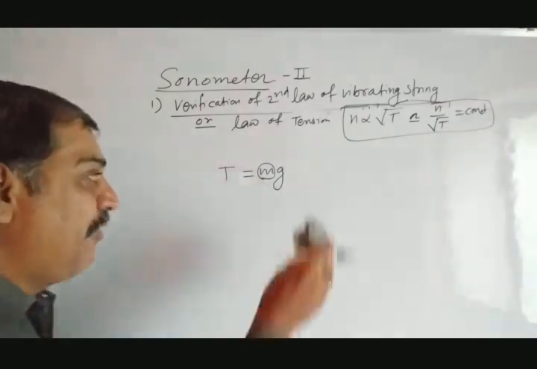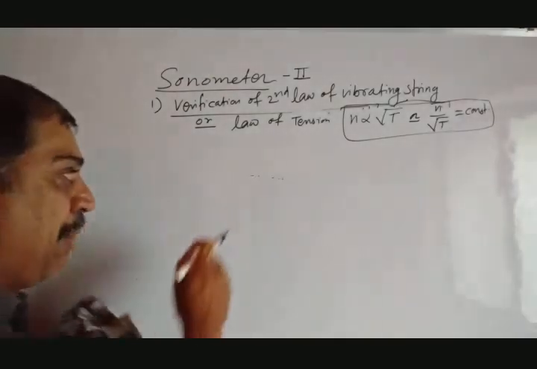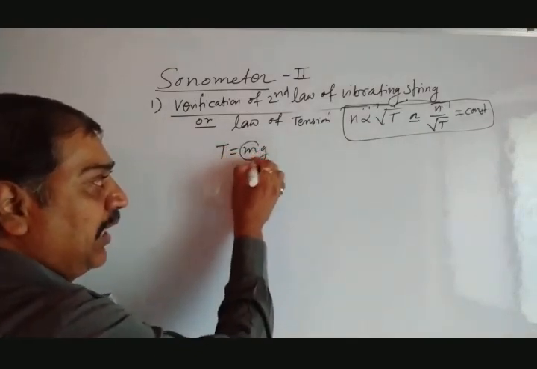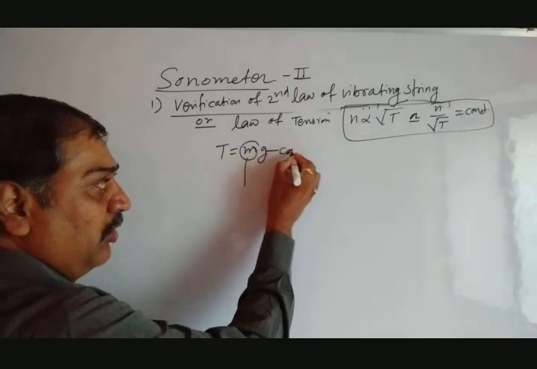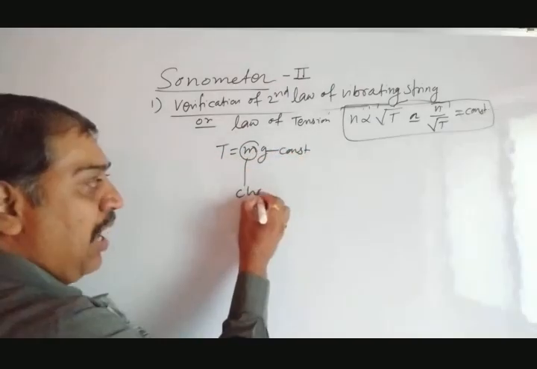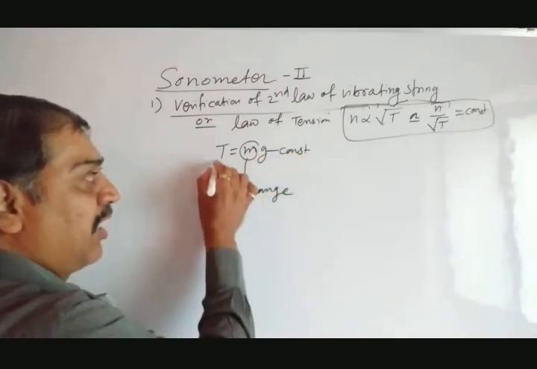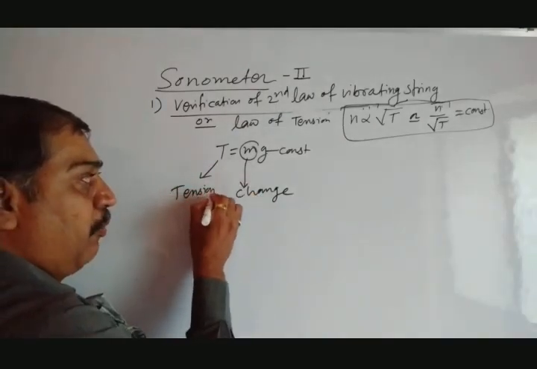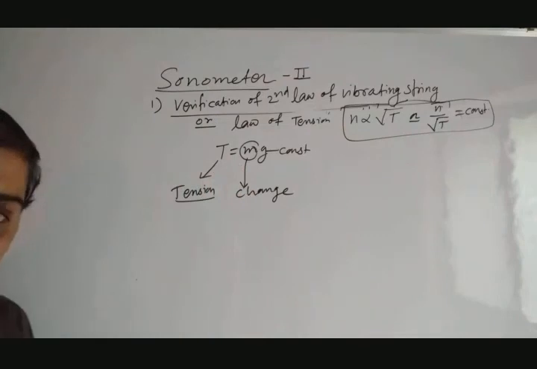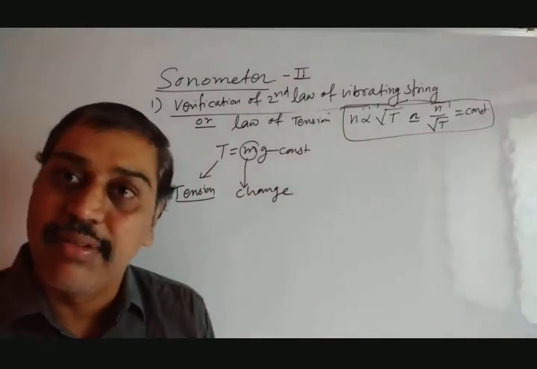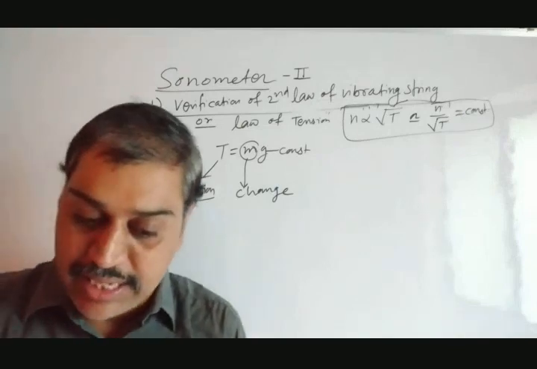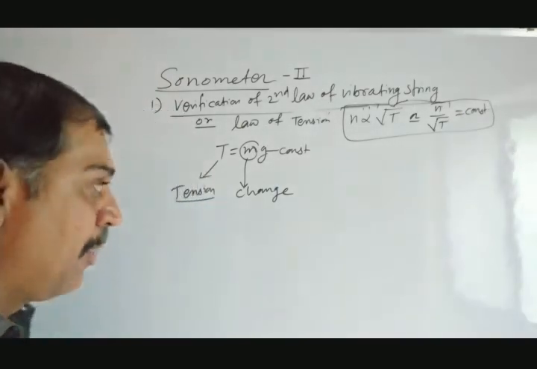So in this case, what do we have to do? Just change the mass. T equals mg, we know. Just change this mass because g is constant. This change in the mass corresponds to a change in the tension. So if you want to change the tension, change the mass, for a certain frequency. And finally, find out the total thing, and we can get it here, that is nothing but a simple thing.